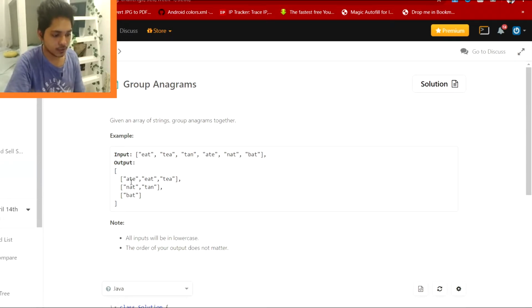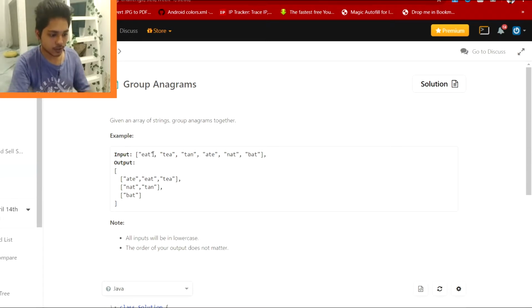Now if you see, in ate, a, t, e, three letters are there, and in eat the same three letters are there, and the same three letters are there in tea. So in all these three words all the letters are the same. In these two words all the letters are the same, and no other word had the same letters, so it is a separate group for that. So we have to group the elements based on the anagrams.